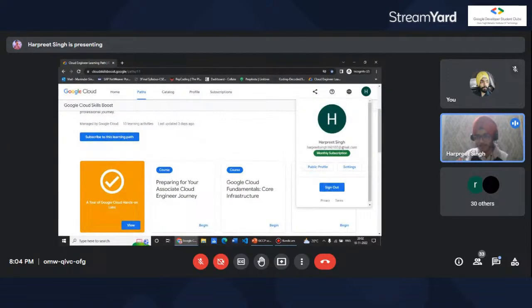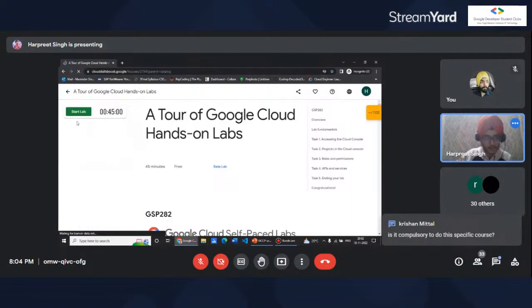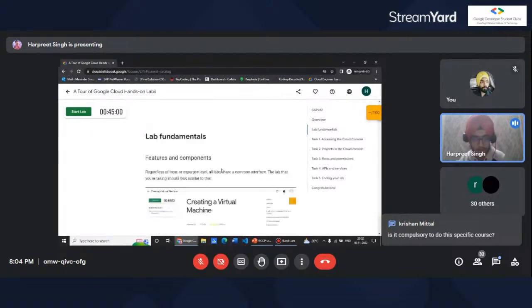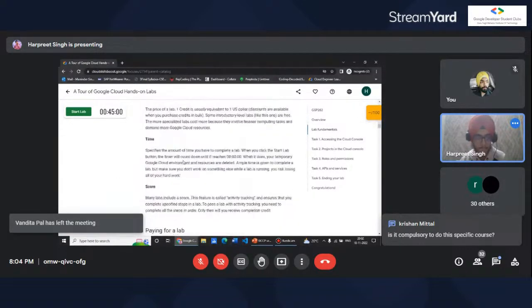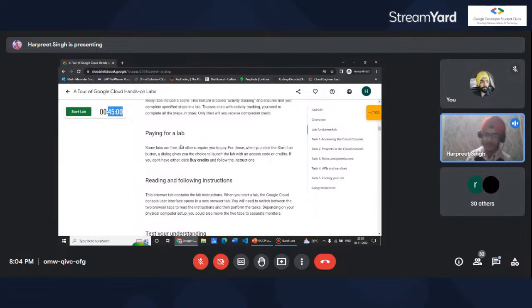Okay, so after signing in, you will get 9 credits. Here, monthly subscription is written because I have completed all the steps. Okay, so this is the demo lab. So in this demo lab, let me show you some basic things. So here, start lab button is there, right? So 45 minutes have been allocated to you. You will be able to complete the labs before the time allocated.